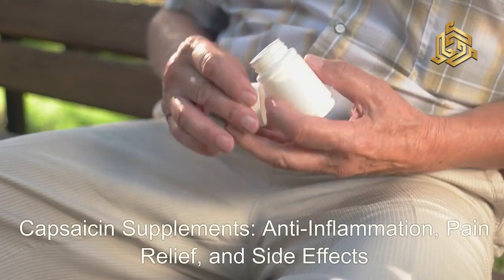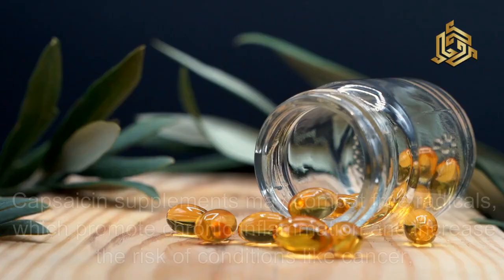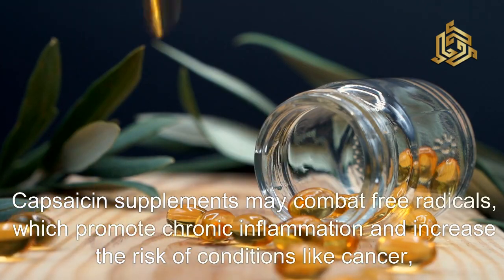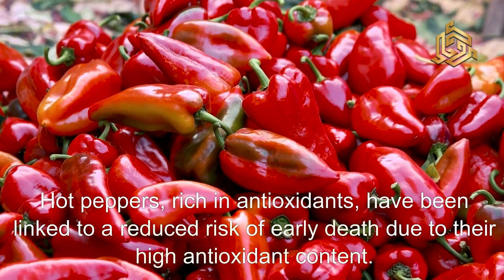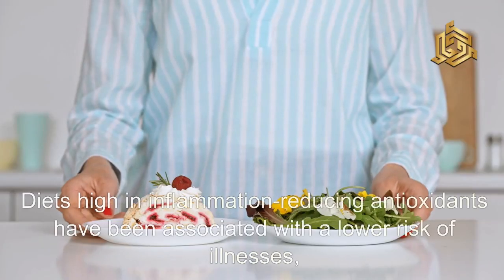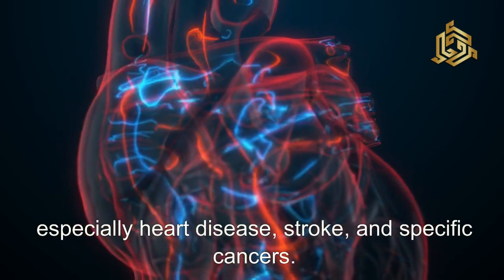Capsaicin supplements: anti-inflammation, pain relief, and side effects. Capsaicin's anti-inflammation properties. Capsaicin supplements may combat free radicals, which promote chronic inflammation and increase the risk of conditions like cancer, autoimmune disorders, and heart disease. Hot peppers, rich in antioxidants, have been linked to a reduced risk of early death due to their high antioxidant content. Diets high in inflammation-reducing antioxidants have been associated with a lower risk of illnesses, especially heart disease, stroke, and